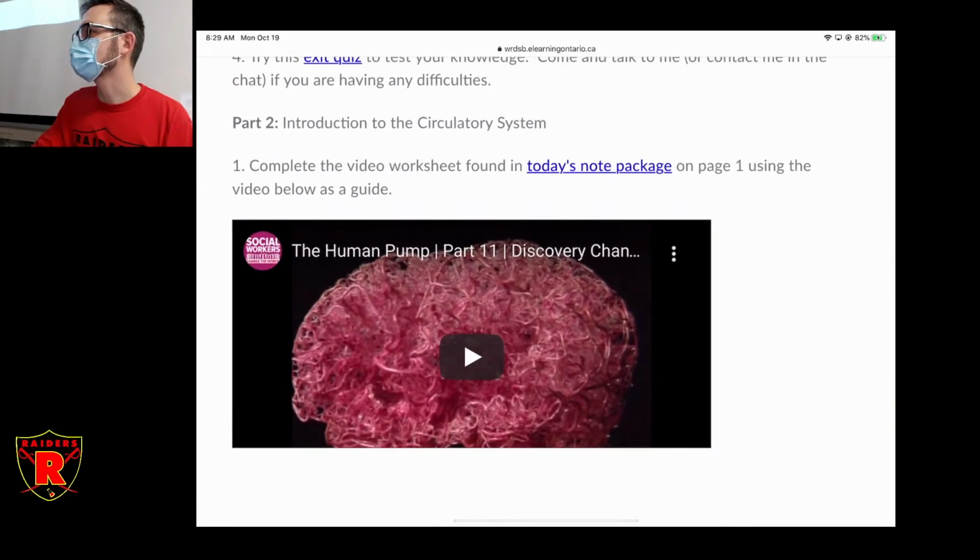It's very similar to the one that you watched on the digestive system. It's a little bit on the old side. I think it's from the 1980s. But believe it or not, the circulatory system hasn't changed that much since the 1980s. It's exactly the same circulatory system. And there's a lot of really cool video components here that are difficult to find. They have a lot of awesome